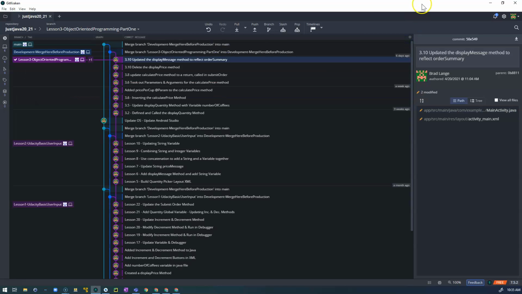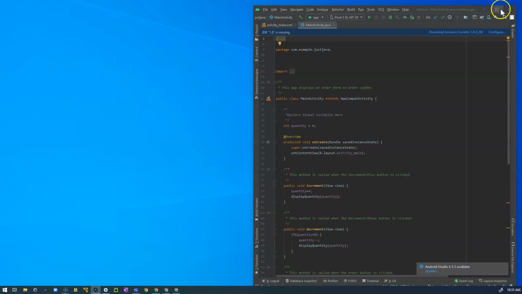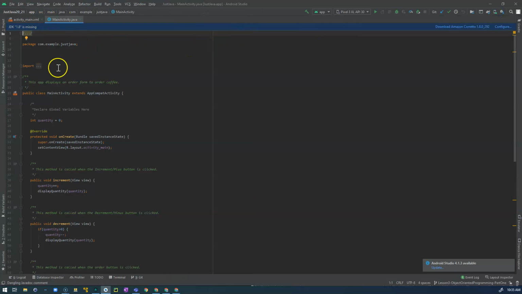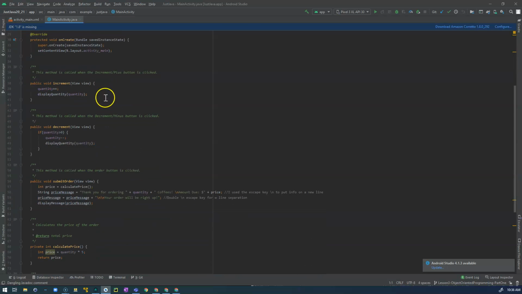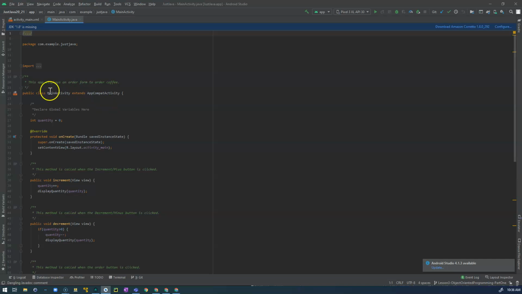Okay, so with that, I'm going to move GetCrackin off to the side and take a look at just our Java here and talk about the object-oriented programming that we have been talking about, that was introduced to us at the beginning. I'm going to scroll down to, first of all, this is a class, all right? And our class is called MainActivity, all right? We watched a lot of videos in this lesson. They talked a lot. Some of this stuff went over our head. I'm looking forward to doing a little bit more research, but basically what this extends does,